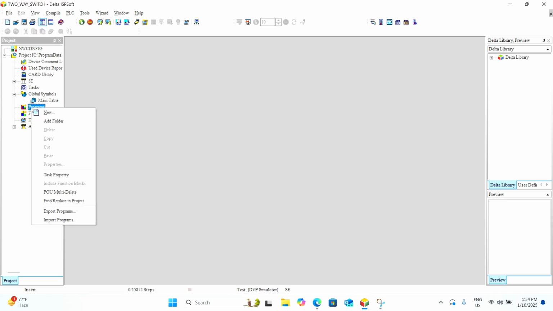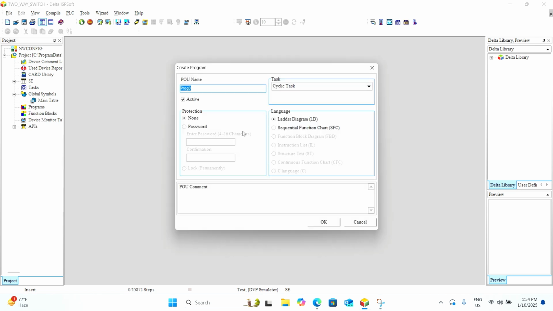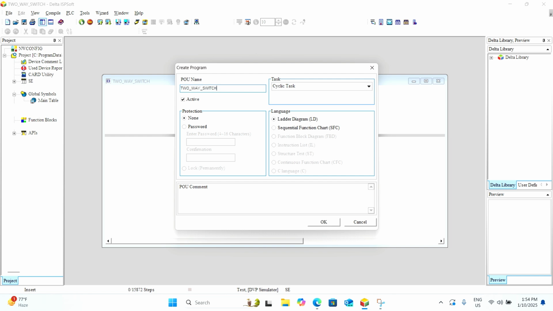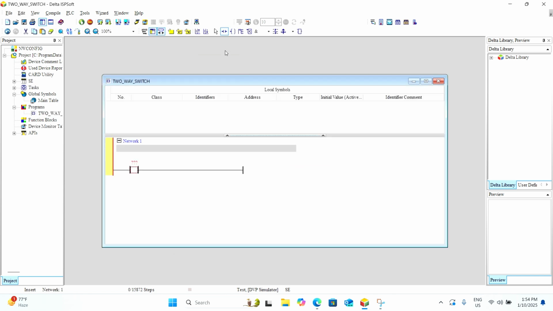In the ladder diagram workspace, we'll define two inputs, X0 and X1, and one output, Y0. Add X0 and X1 as normally open contacts and Y0 as the output coil. Develop a toggle logic that allows either switch to turn the output on or off, simulating the functionality of a